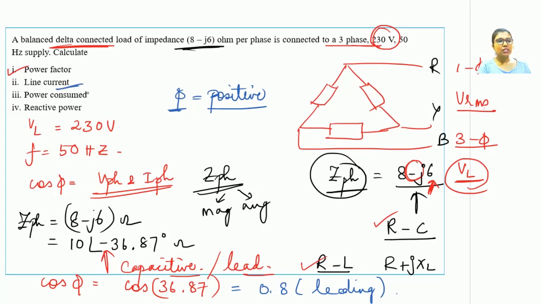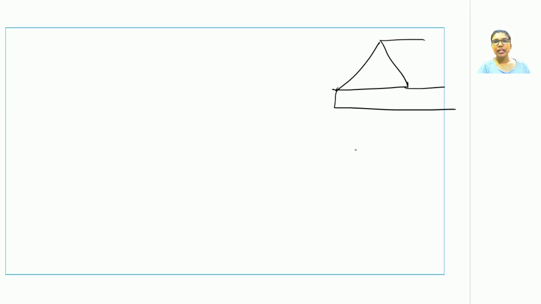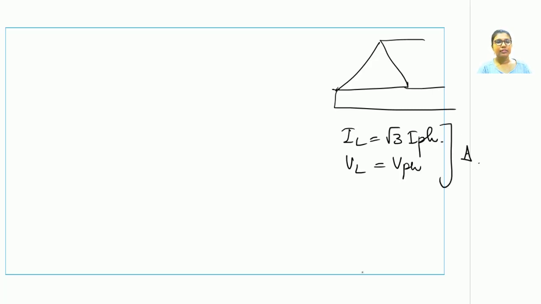What is the second bit asking us to do? Line current. Now what type of circuit are we dealing with? It's a delta circuit. What is the relationship between the line current and the phase current for a delta circuit? The line current is √3 times the phase current, and VL is equal to V phase for a delta circuit. Is the value of VL known to us? Yes, we had obtained this value from the numerical question itself. So the value of V phase will be equal to VL for a delta circuit, which is 230 volts. Please write delta connection, or you can simply write delta as well.